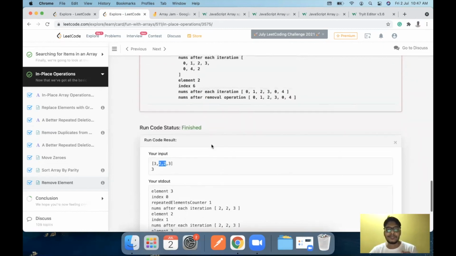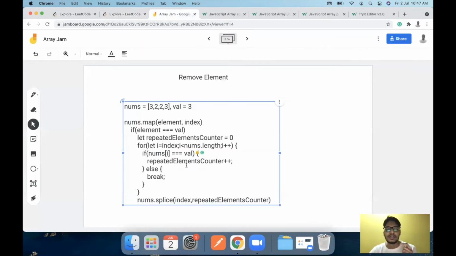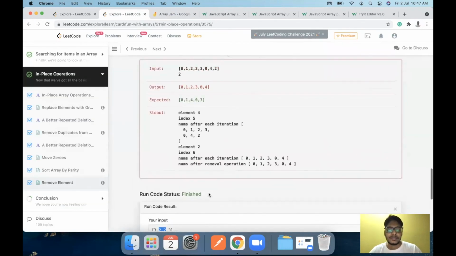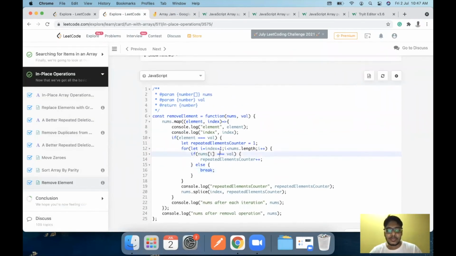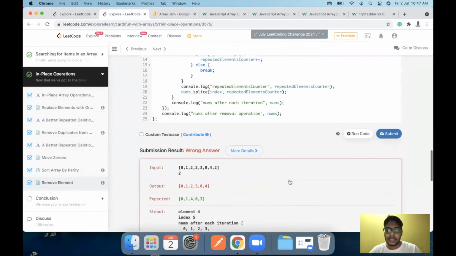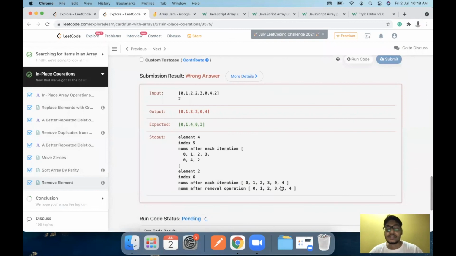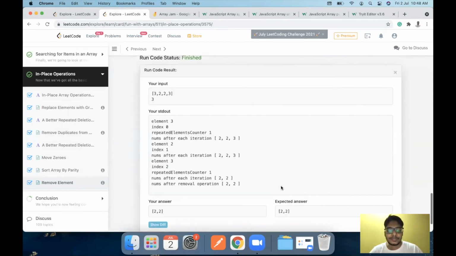That is why we had just the single element 2, but what we really want is we want both elements to be present. So what we have done is, right now we have incremented this to index plus 1 and we have set this to 1, or even we can go with pseudocode like this, which is the index at 20 and the element at starting index 1 or the current index. So we can remove this index plus 1 as well and let the repeat elements counter be set to 0. I think even this should work. This is much closer to our initial pseudocode.